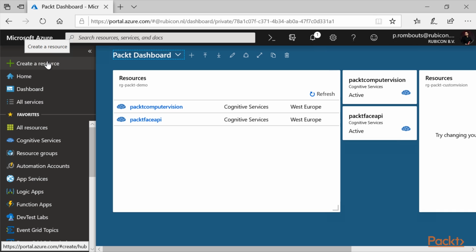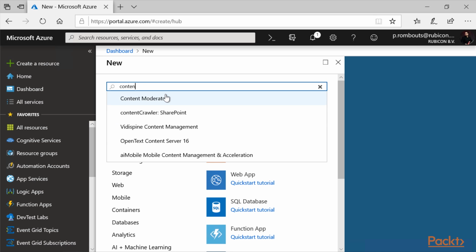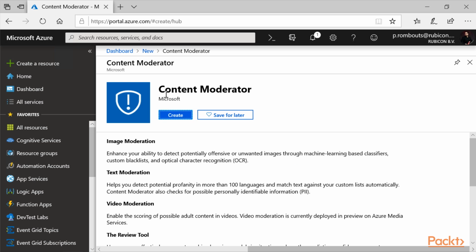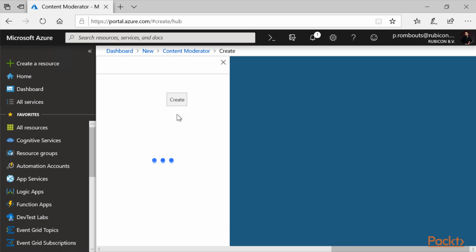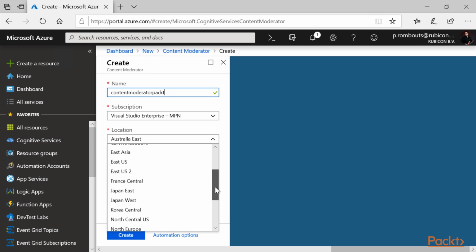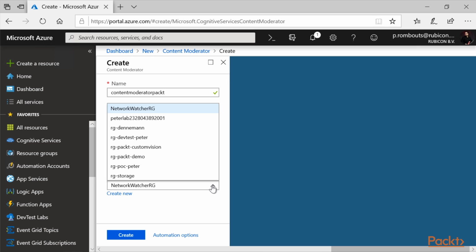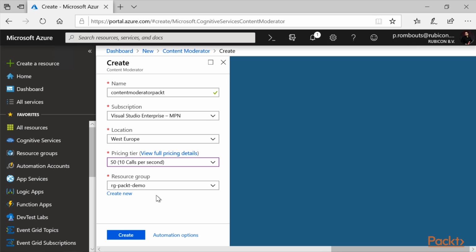Okay, we switch to the portal. I want to create a new resource. So let's find the content moderation service. As we can see, we can select the content moderator and create a new one. Let's select a location near to us and we will pick the standard one. And maybe we want a new resource group, or you can easily reuse an existing one. Then we click create